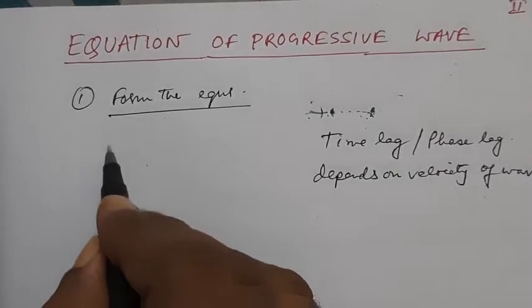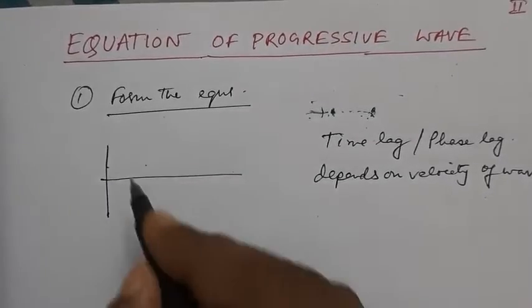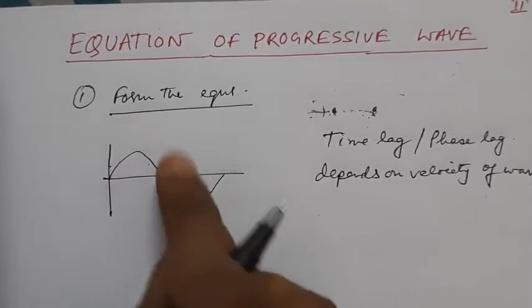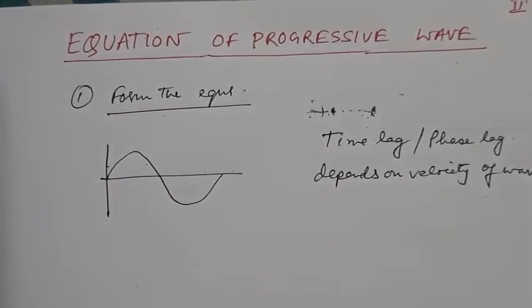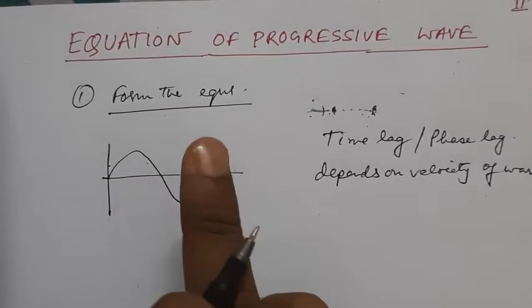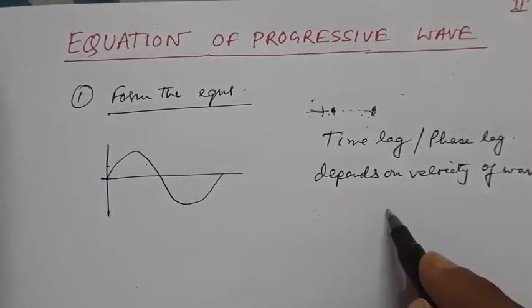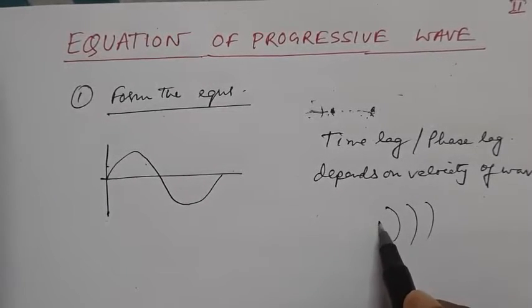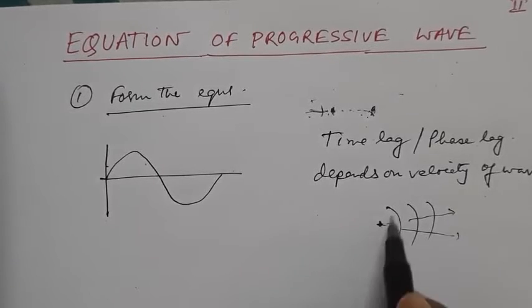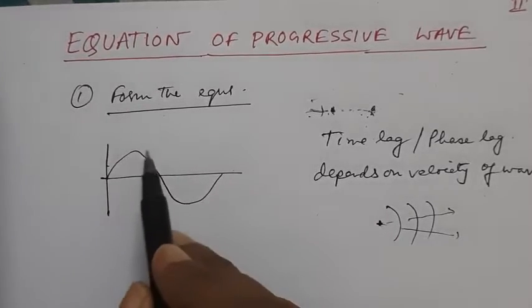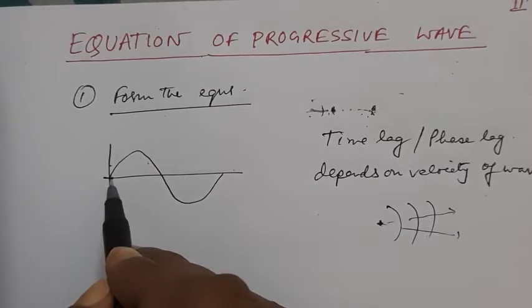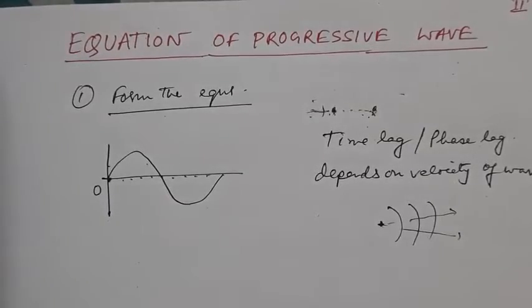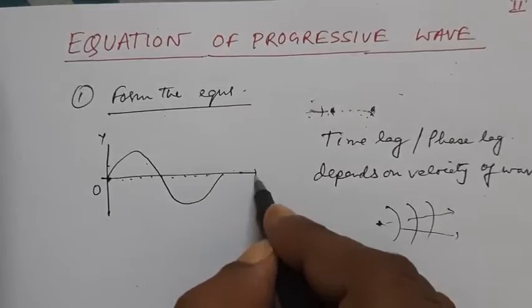Now if you take a simple diagram, the wave is moving. This is the displacement graph. This is not the wave graph; this is the particle displacement graph. Don't mistake it for a wave graph, because the wave travels in the form of wave fronts, as I've already discussed in the previous videos. This is the source, and the wave travels along wave fronts. We can take some particles here, 1, 2, 3, 4, 5, 6, 7, 8 different particles. This point is O. This is the y-axis and this is the x-axis.